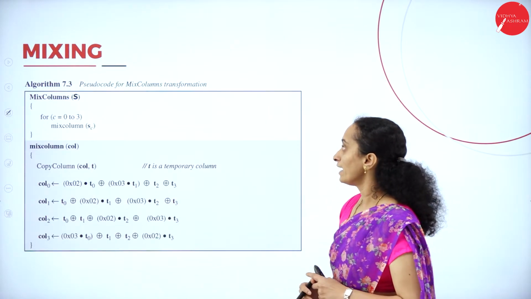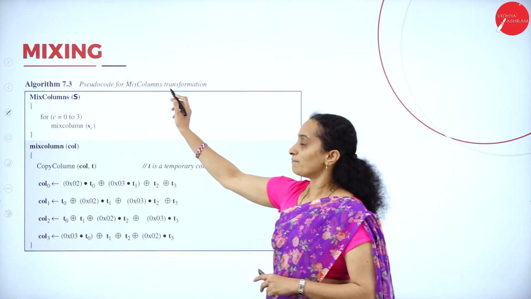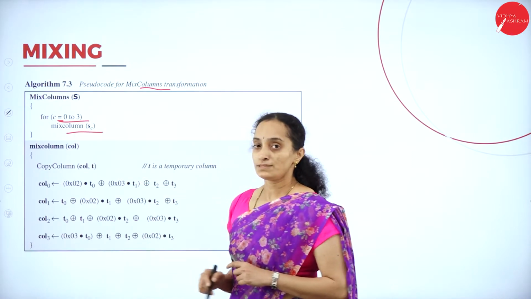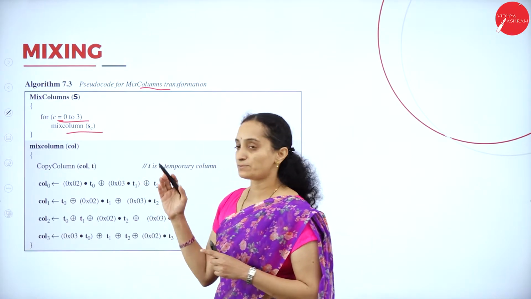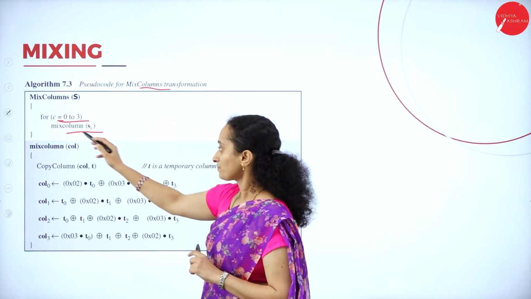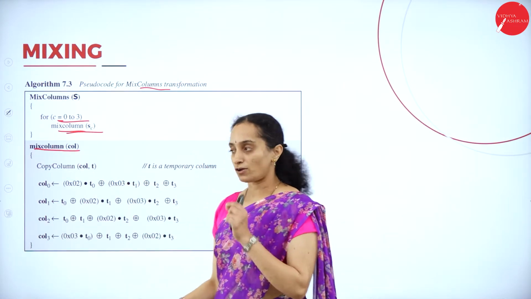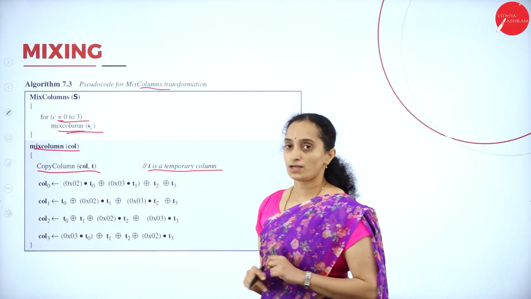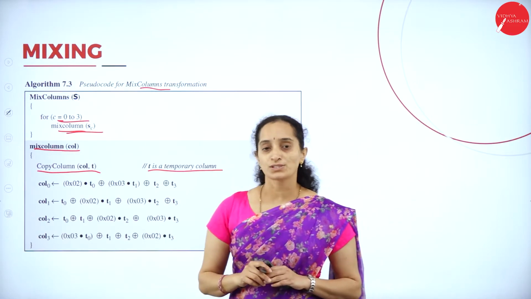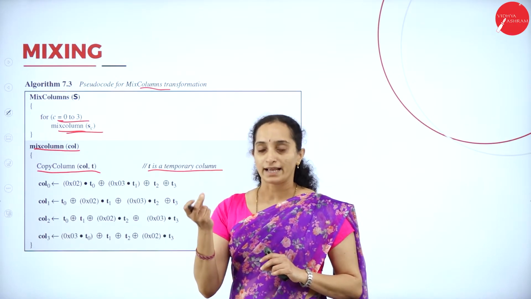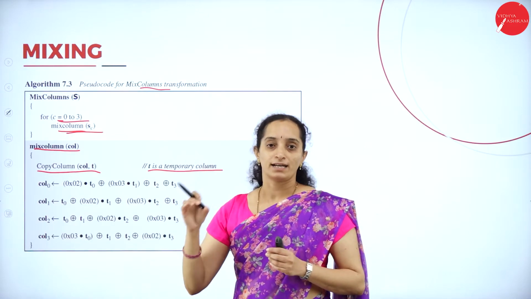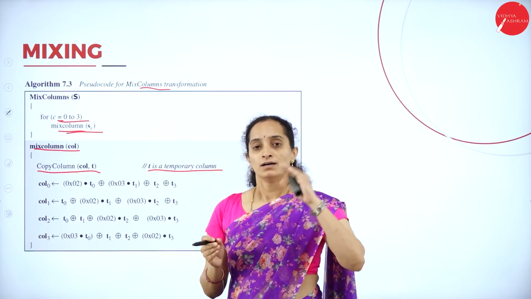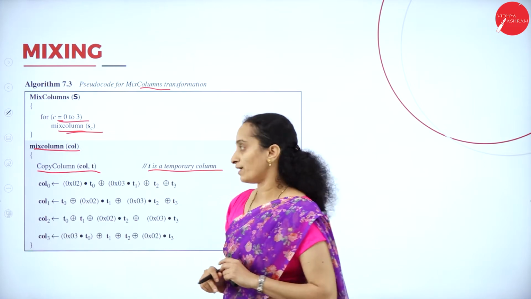All right. Here we have the algorithm of the mixed columns transformation. Here we are taking again the columns, not the rows. We are taking the columns from 0 to 3. We are using the mixed column with the column value. The column value is copied to a temporary column, as we do in swapping in programming, isn't it? We take a temporary variable and we shift the data to the temporary variable, and from the temporary variable to the new variable. Now, we are going to swap both variables, isn't it?